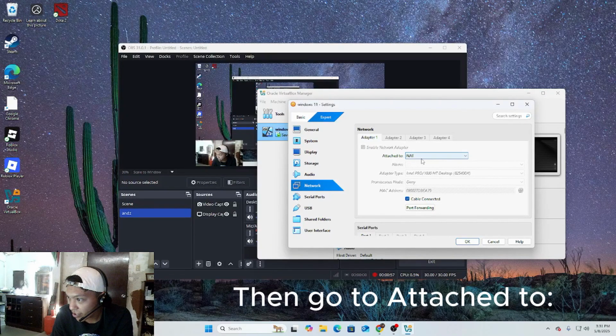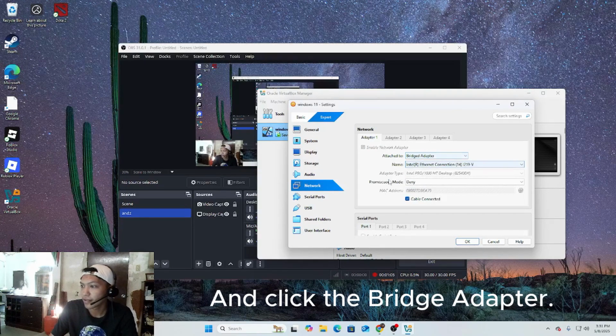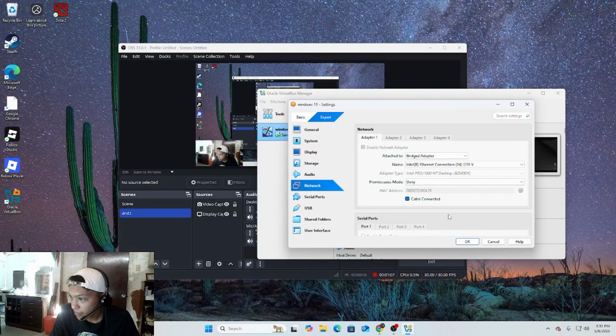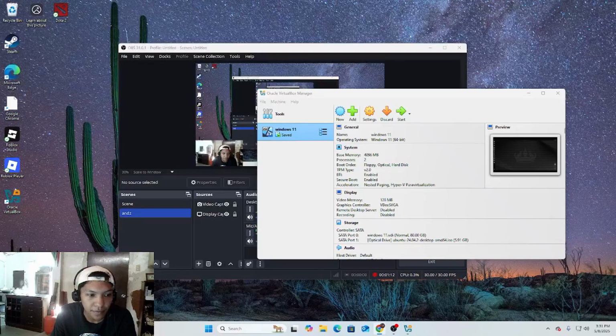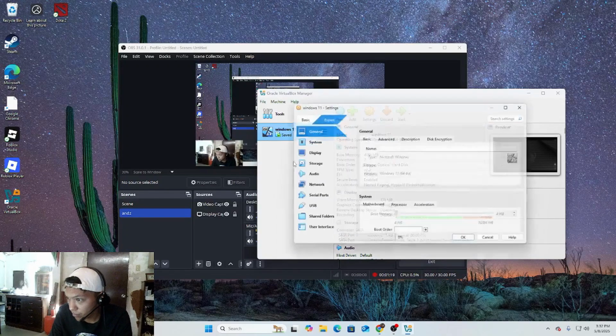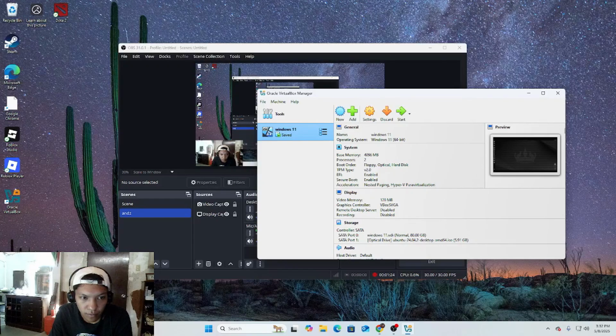Then go to attach and click the bridge adapter and click OK. Then, so please start.